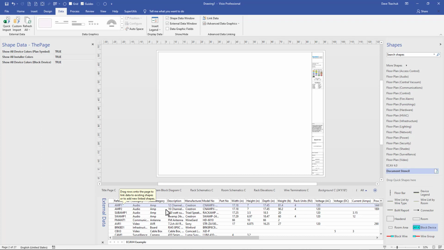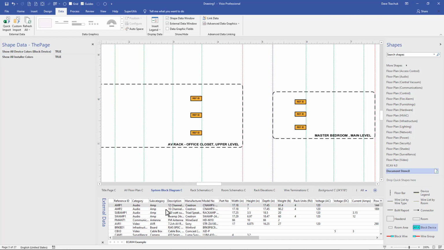Click Next and Finish. Now you'll see the database has been imported and its default location is at the bottom of the page. And now we can actually link any of these rows to device symbols on the page. So what I've done is I created a small block diagram with one head end and one room and three basically identical devices dropped right from the block diagram stencil